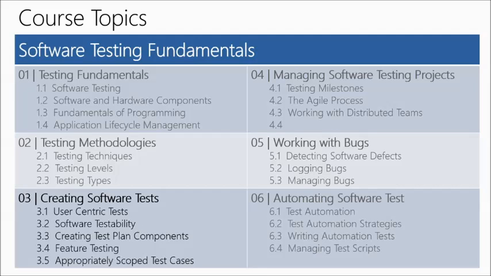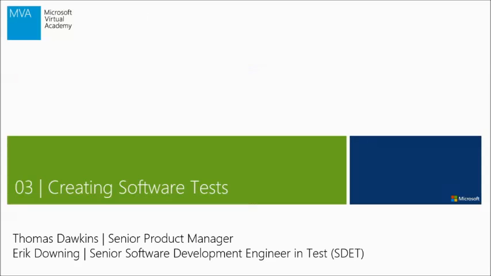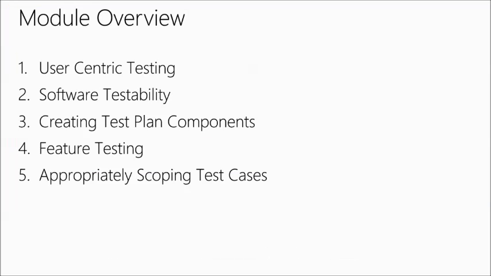We'll go into creating a test plan and the components around that. We'll talk about feature testing. And then we'll also talk about scoped test cases and how we appropriately set those up. So let's go ahead and move forward. So in this module, I talked about user-centric testing, software test, creating test plan components, feature testing, appropriate scoping test